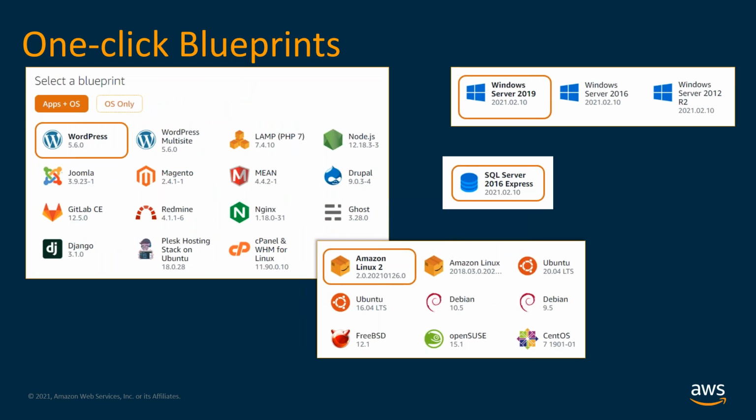And in this case, you can choose from a variety of pre-configured applications that allow you to one-click launch your application or your developer stack. Simple operating systems are available, including Amazon Linux, Windows Server, Ubuntu, CentOS, and more. You can launch a vanilla Linux instance with just the operating system, and then install or configure your own applications, or you can pick a blueprint with a prepackaged application on it, like WordPress,